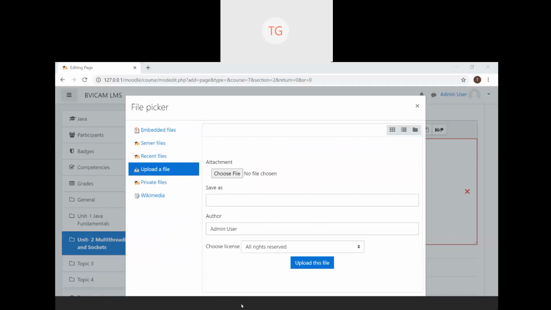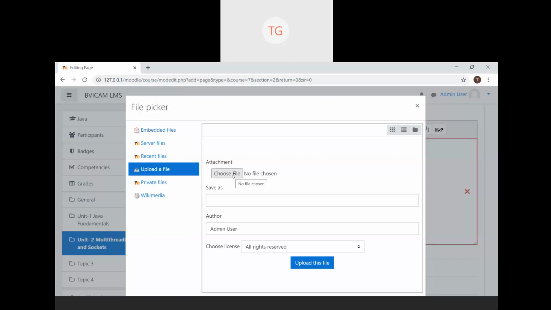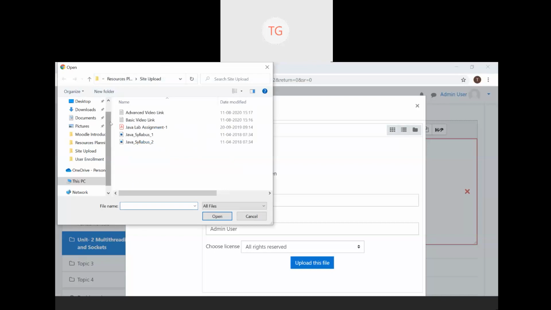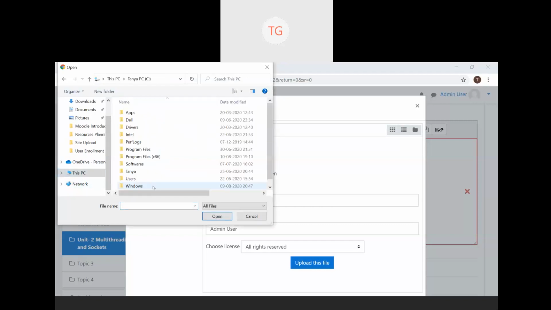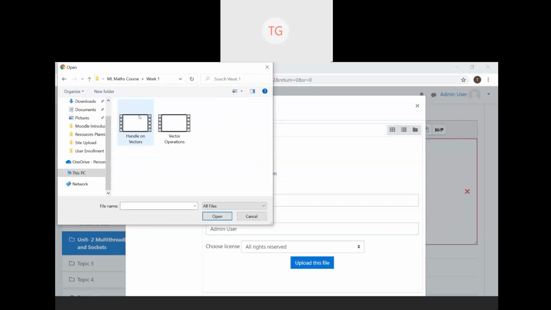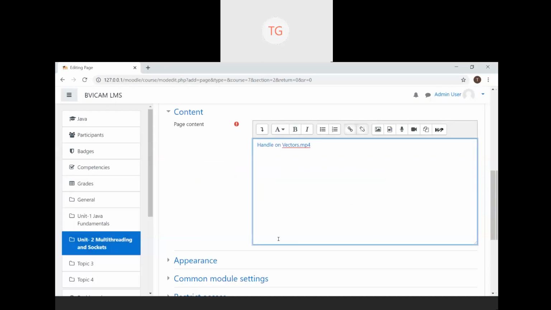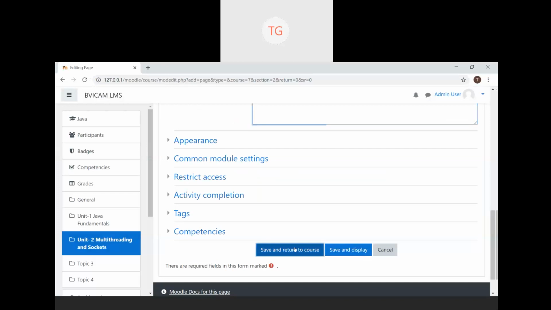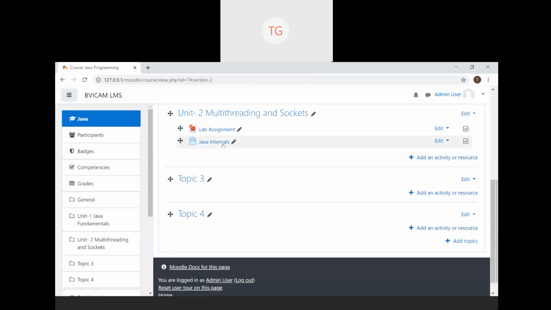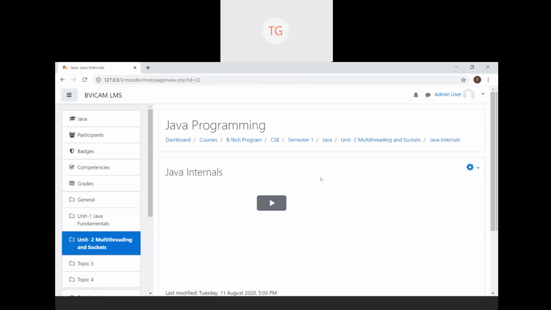Copy the URL. So this is how I created a web page wherein I uploaded a video from my system and not an external link.